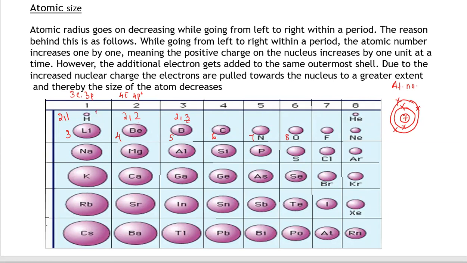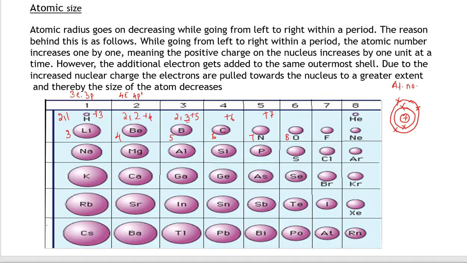First plus 3. Okay, lithium atomic number is 3. So nuclear charge is plus 3. Now, beryllium nuclear charge is plus 4. Here plus 5, plus 6, plus 7. Nucleus positive charge goes on increasing. Electrons are adding to the same shell. We know that nucleus has positive charge, electron has negative charge. So what will happen? There is an attraction between nucleus and electrons. Okay, as the power of nucleus is increasing, attractive power goes on increasing. But electron distance is not increasing, because electrons are adding to the same shell.